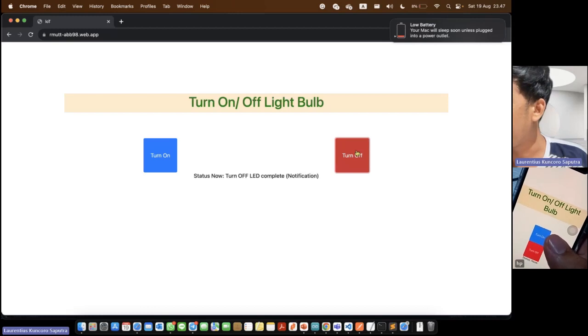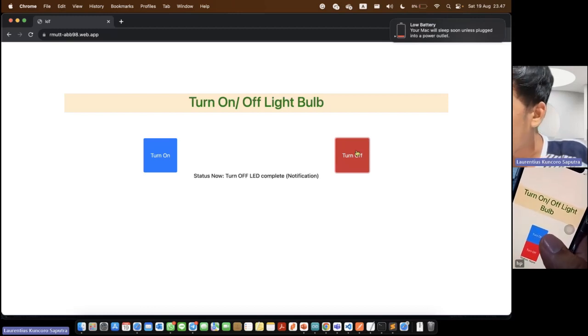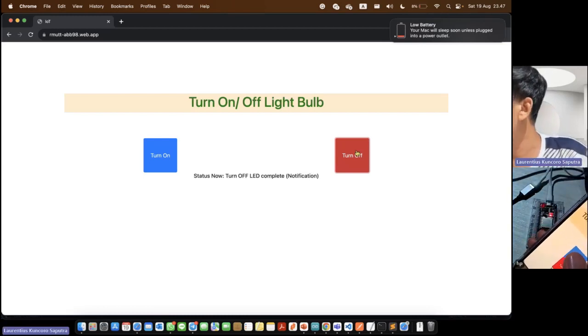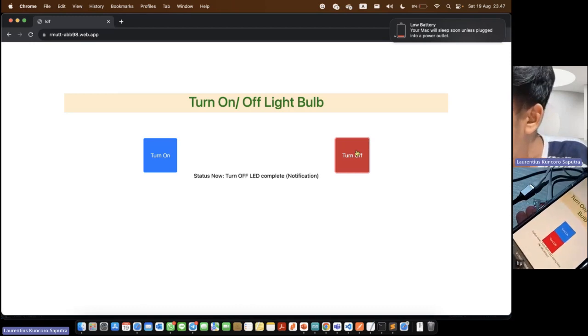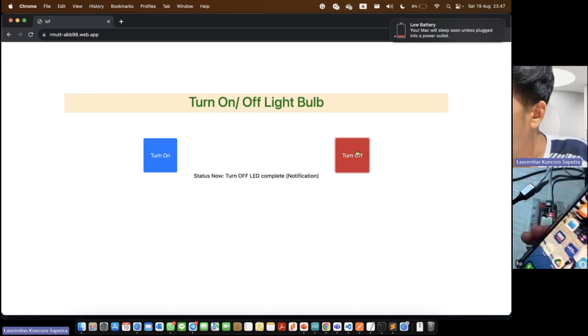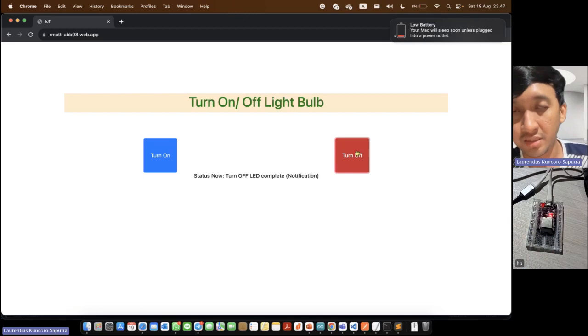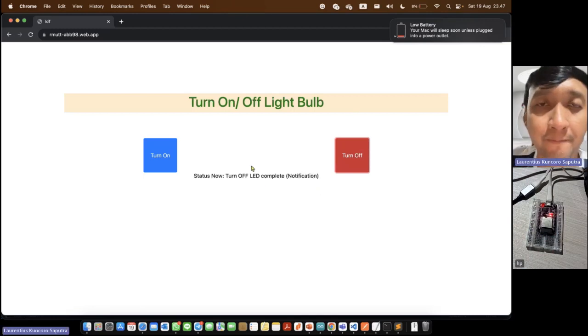We can find this one. We can access it with the web. Okay, this app I put on, off, on, off. Yeah, if we already host the web application, we can turn the LED on or off from anywhere.